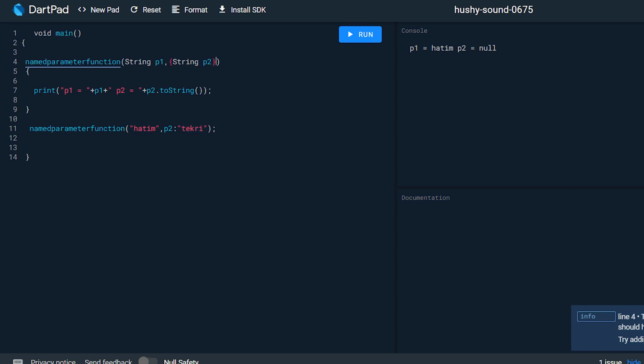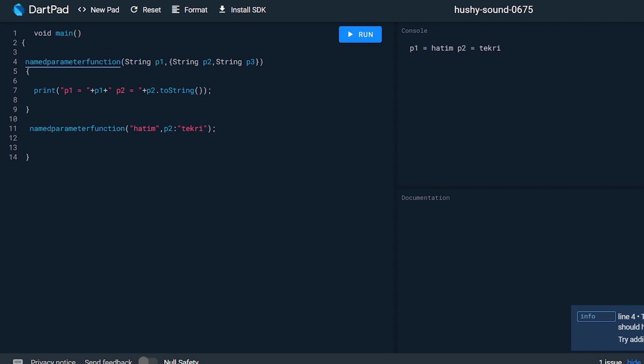Now if there are multiple parameters which are optional named parameters, for example string p3. If we do not pass the parameter p3, it still gives the result.